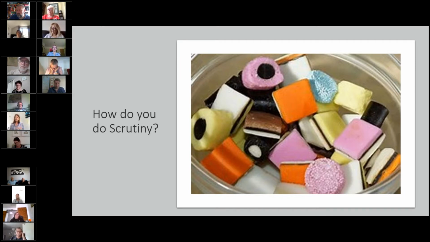So it doesn't matter how you do scrutiny, and certainly I'm not here to say you've got to do it this way or you've got to do it the other way. It's entirely up to yourselves. What works for your organisation and works for the residents who are actually part of that organisation is absolutely fine. It just needs to happen. Okay, so pick your liquorice all sorts out there, decide which one you are, which one works for yourselves,